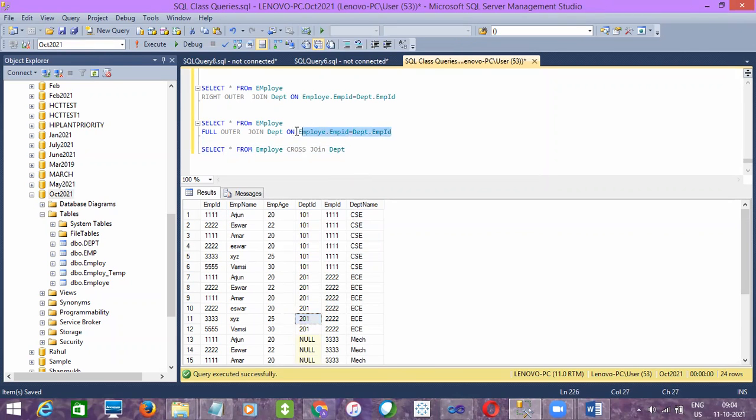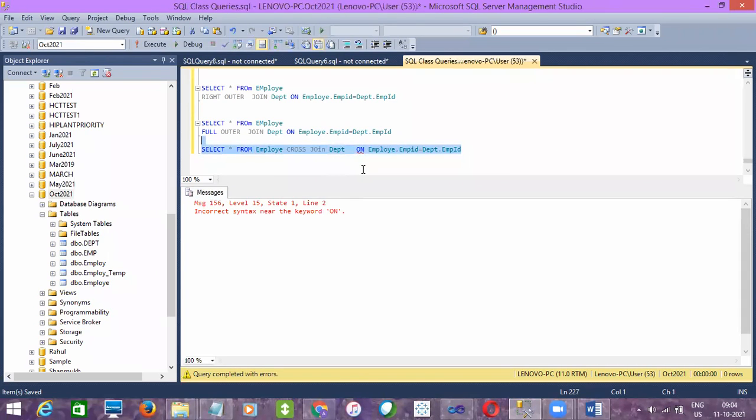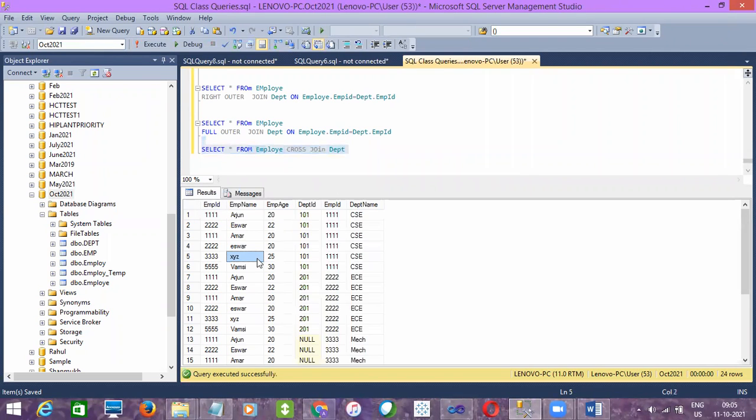If you try to give an ON condition, let's see what happens. See, it is saying error, right? It won't accept the condition since it is a row level operation. So based on the number of rows in the first table and second table, the operation will be performed, right?